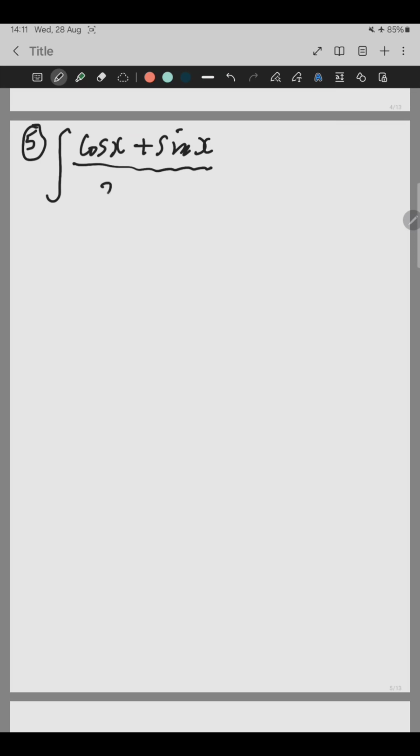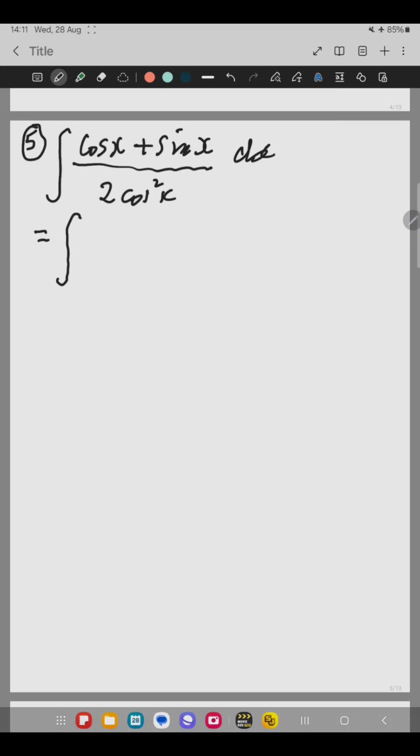integral, and that is cos x plus sin x over 2 cos squared x dx. Well, we'll split that up as, first of all,